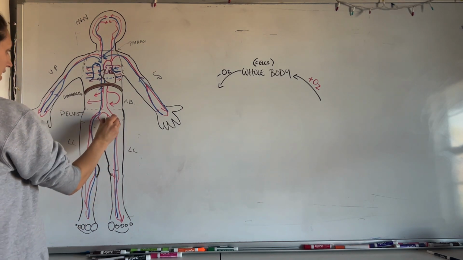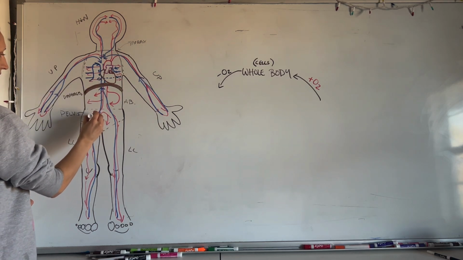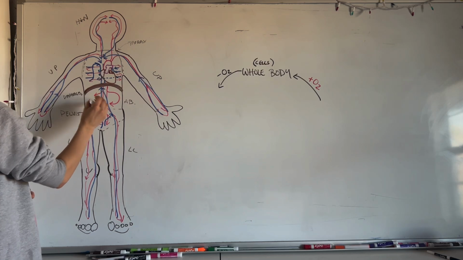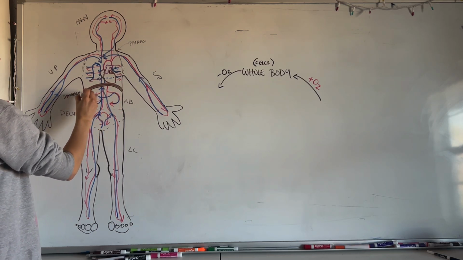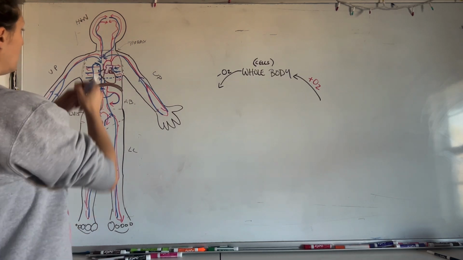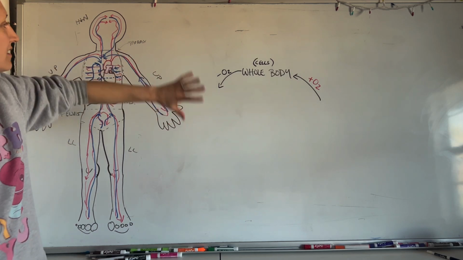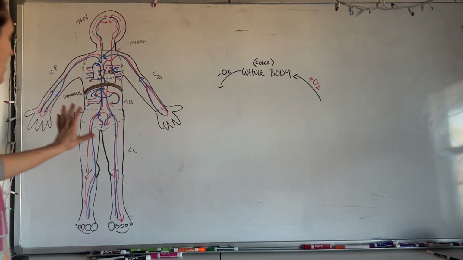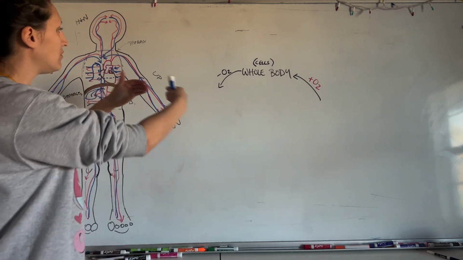So we got veins coming up. We got veins here also coming up. We got stuff going back this way. We have things from our digestive system that might go through the liver first, but then back into this structure. Point being, arterial blood supplies the whole body with oxygen and nutrients. And then once we've used and taken that oxygen up into our cells, it is now dumped back into the